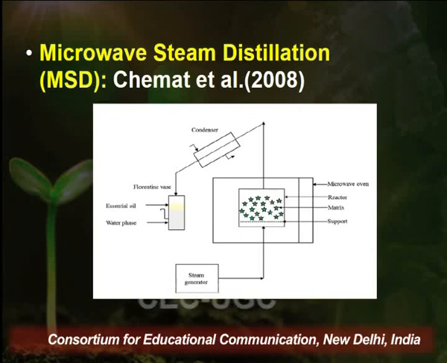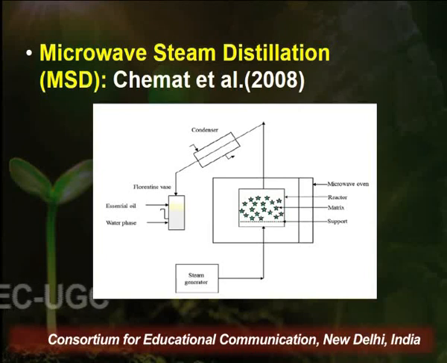Now the drug is placed in an extraction vessel over a perforated plate, and this extraction vessel is placed in the microwave cavity. Now from outside, the steam with the help of a steam generator is passed into the extraction vessel, and this steam passes through the drug, thereby causing evaporation of the volatile constituent,